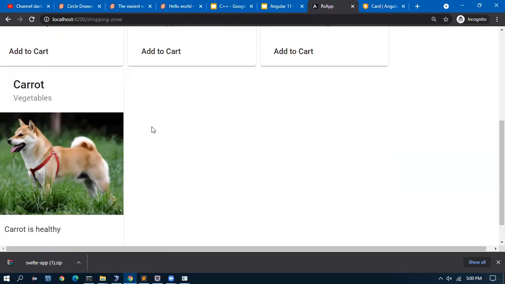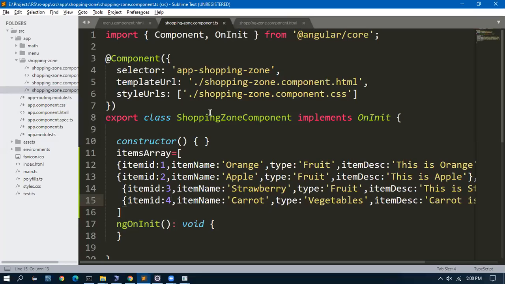Yes. Okay, so when we add an object, we got it here. I'll reduce the size.